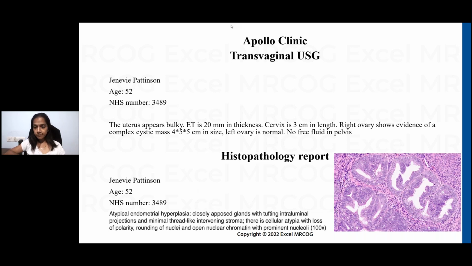So remember, Dr. Ginny, you were focusing too much on the endometrial pathology that is mentioned here. This is what I mean by having a broad, open mind. It's important to understand that it could be something going on in the ovaries, it could be a malignancy also. Even otherwise, it's a complex mass in a 52-year-old, right? So it could be something different.